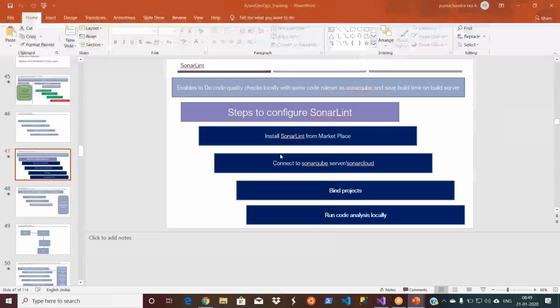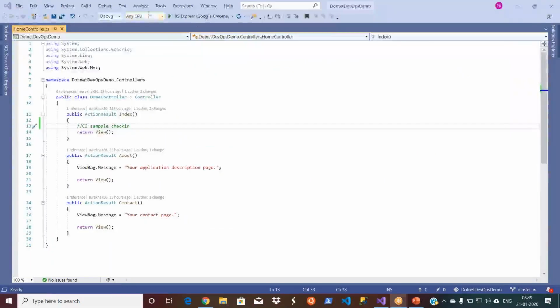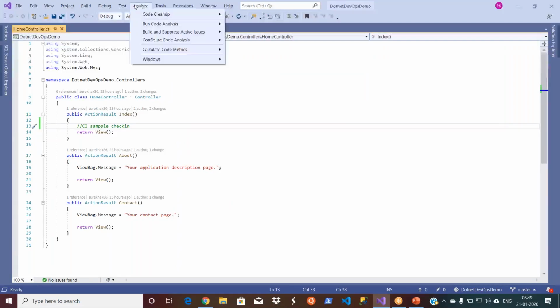Let's go and do it. Right now I don't have SonarLint installed here. So basically, you see Analyze. If you are using Visual Studio 2015, 2017 or 2019 Enterprise or Professional versions, you can see this one. Right now, you don't see any SonarQube related stuff here. These are all built-in things, because 10 years ago you didn't have this Analyze menu, so you used to do it separately. Now they integrated it. Internally it uses FxCop or something. You don't need to worry, and it will do the analysis.